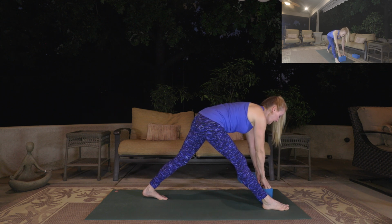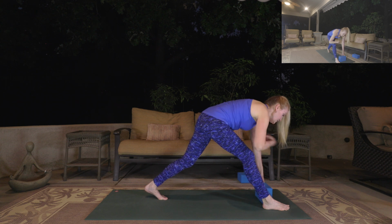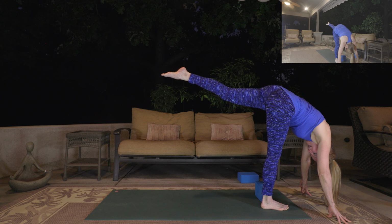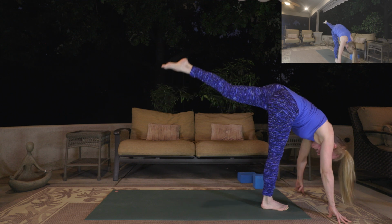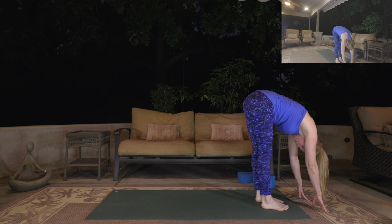And breathing with that. 2 or 3 breaths. Once more, nice flat back. And then walk yourself over the top of the block, tripod out, lift the back foot as tall as you can. In that standing split, we'll set our block aside and let ourselves come to forward fold, bringing that left